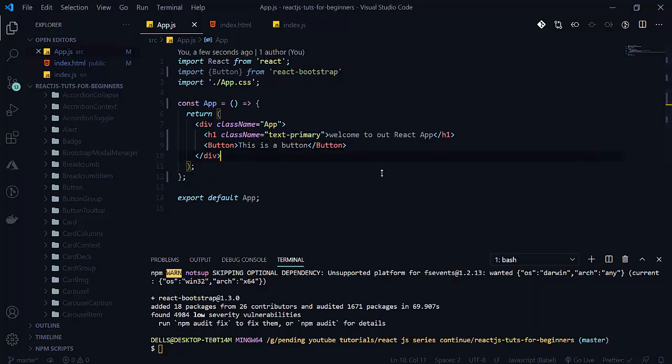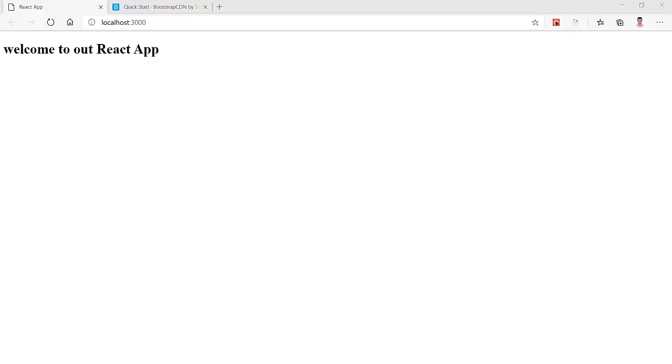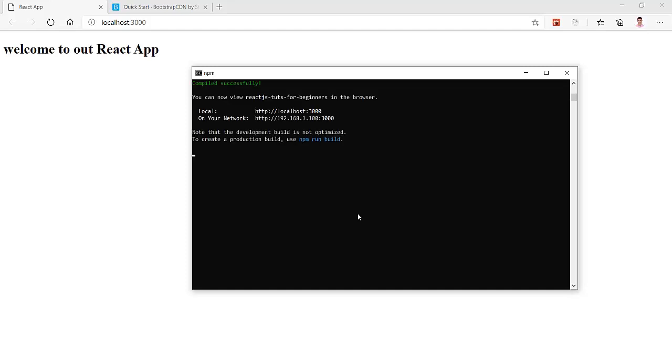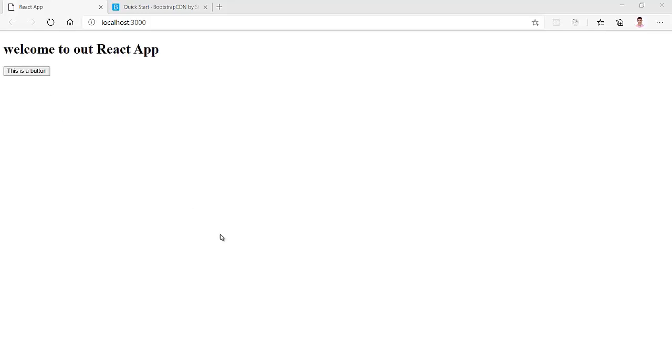It is saved now. Let's see in the browser, it is compiling now. Let it compile. See that now it is compiled successfully, and we have a button here.